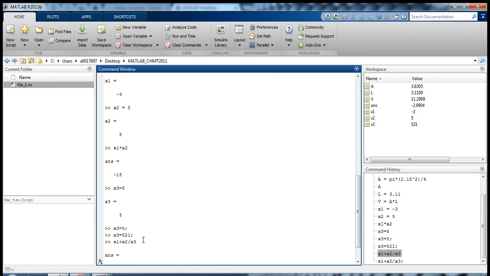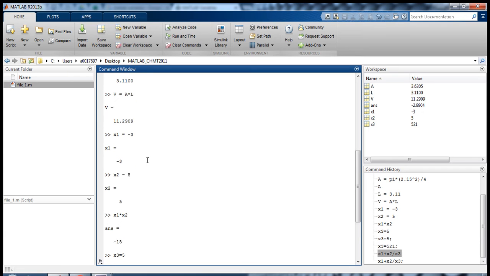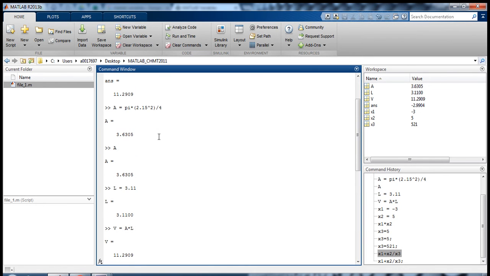So previously we were trying to work out the area of this cylinder and the length of the cylinder. We could just write it as A or L, or we could write it out in full as a word. So we could write area is equal to whatever it was, pi. Let's just copy it here,